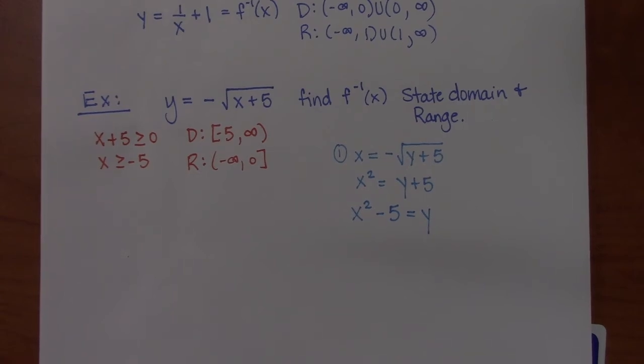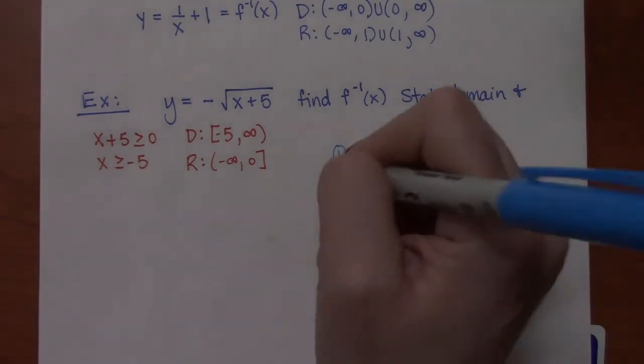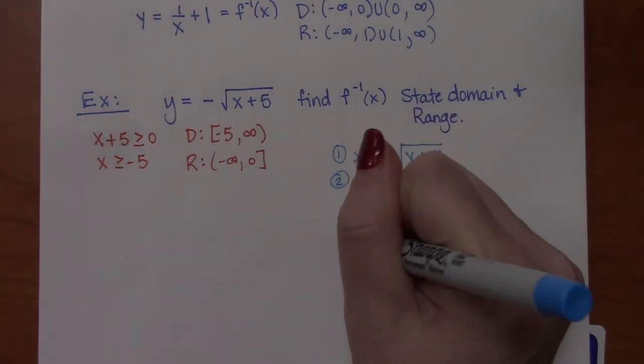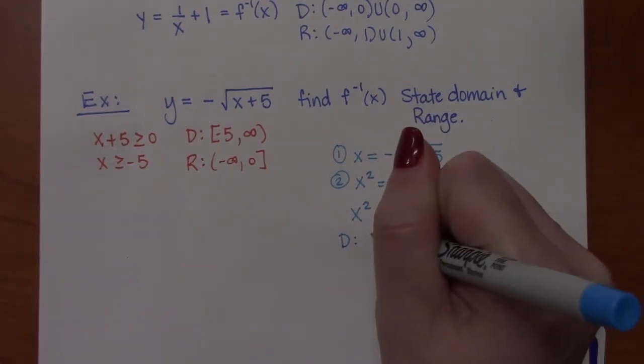So once again, we get a parabola, and that is just the equation of a parabola shifted down 5 units. So that looks like a big U. But because we started with a square root, we actually need to restrict the domain of this guy. And so its vertex is at 0, -5, right? I can see that because this is technically in vertex form. So the domain of this guy, we would restrict